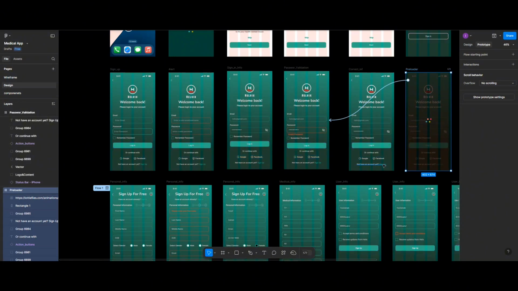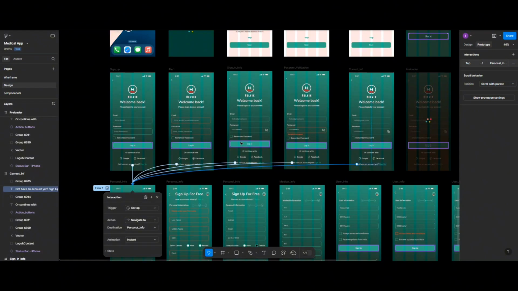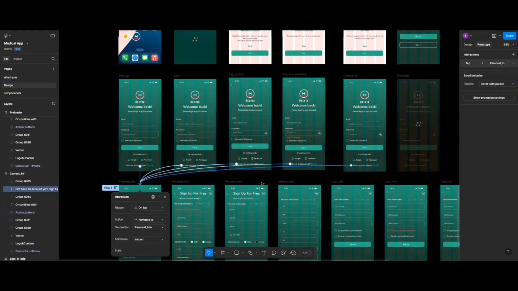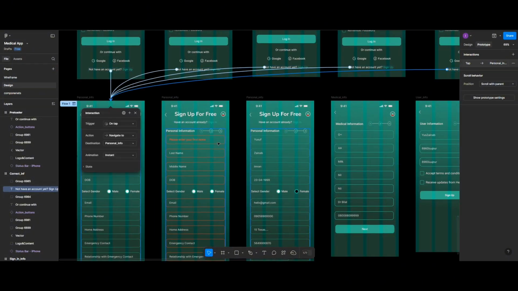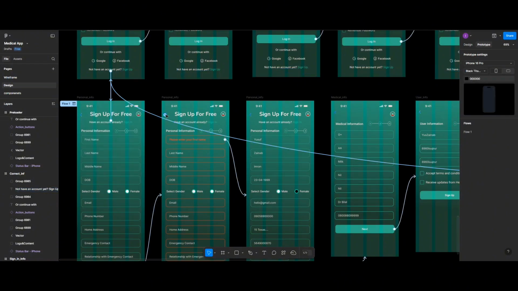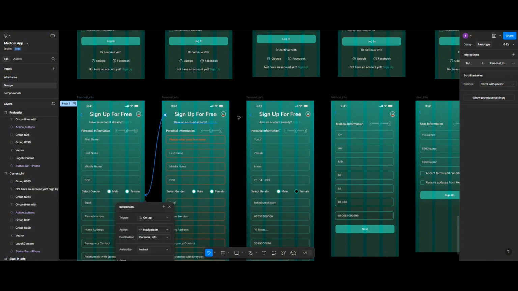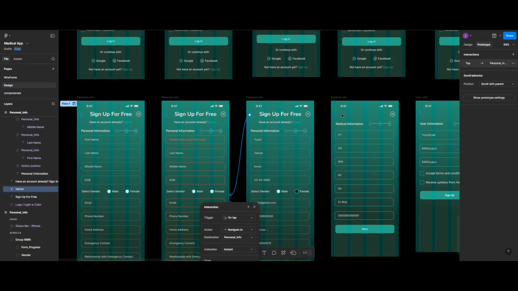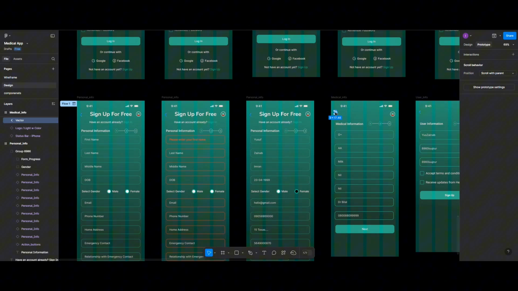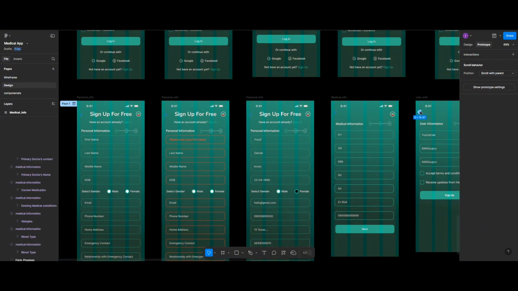So I think all connected. So same thing here to the sign up page. Then let's go back and connect all the back keys. That is the back arrows, right? So here, when user tap here, they should be able to go back to the previous screen. Similarly, from this arrow to the previous screen, from this arrow to the previous screen, from this arrow to the